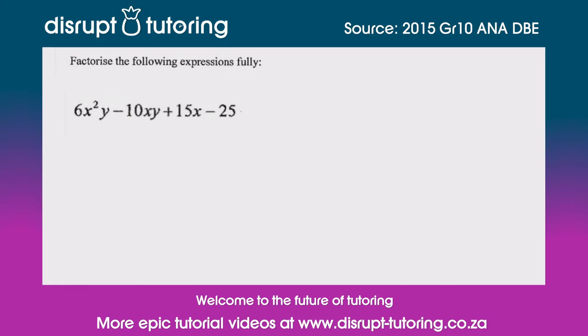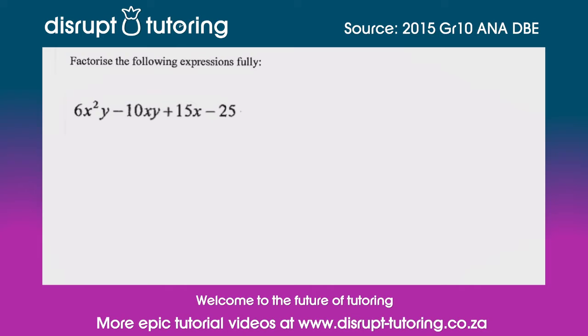Today we're going to deal with a factorization question, and with that in mind, let's dive straight into it. Right, so let's have a look at the question here. They've said to us, factorize the following expressions fully, and we've been given 6x squared y minus 10xy plus 15x